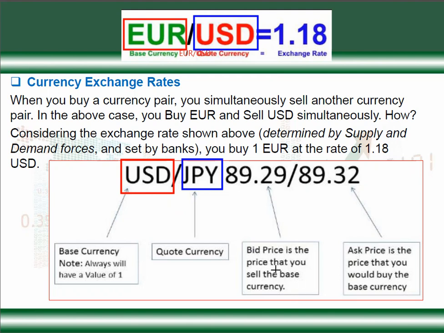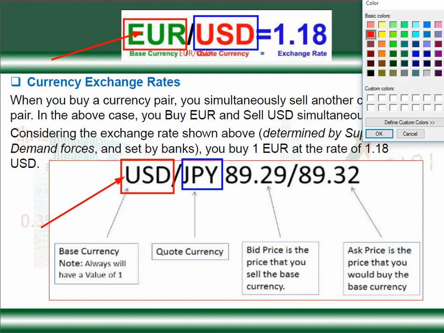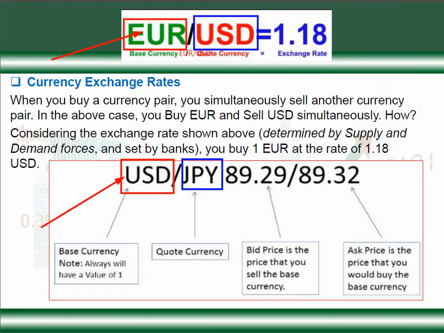So bid price is the price at which you sell the base. So for you, this is the base. The price at which you sell a USD is called the bid price. The price at which you sell Euro is your bid price. Similarly, the price at which you